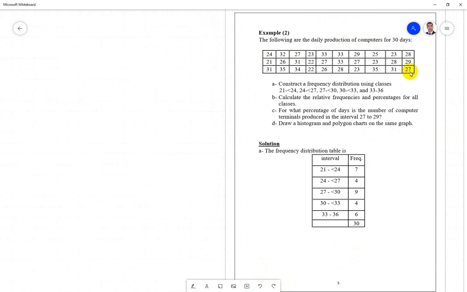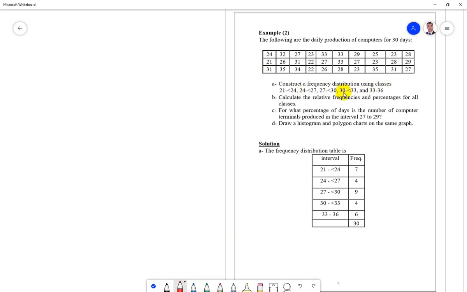Of course, now I need to summarize this data in one frequency table to be simple and useful. So the frequency table in that case we can name as a frequency distribution for the quantitative data. Now the question A, I'm asking you to construct a frequency distribution using the classes, and I'm giving you the classes,